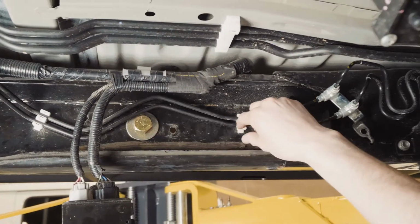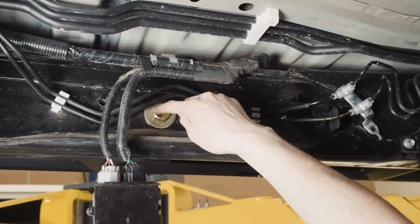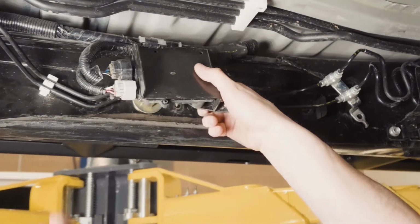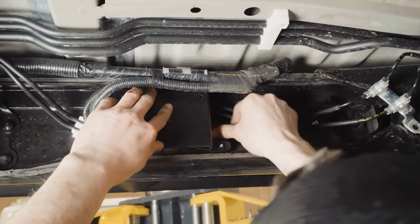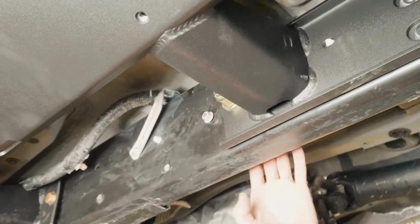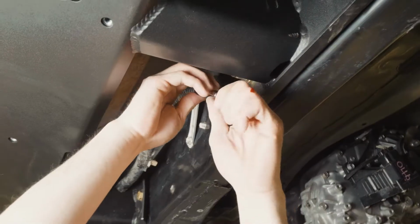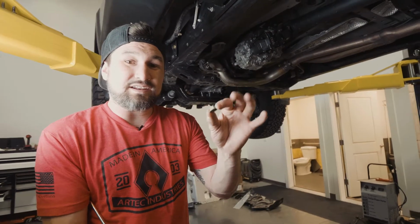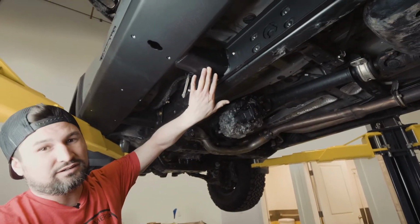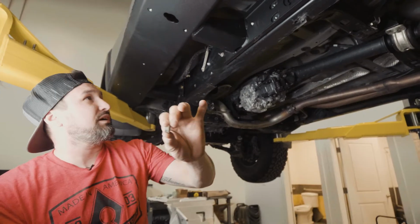When putting the brake lines back on, you want to kind of bend them up a little bit to go over the top of the bolt and then stick the computer back on. For the second nut, we're going to reach into the body of the slider and feel for the stud. On that stud, you're going to place the nut